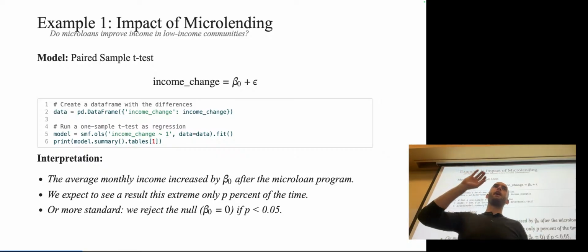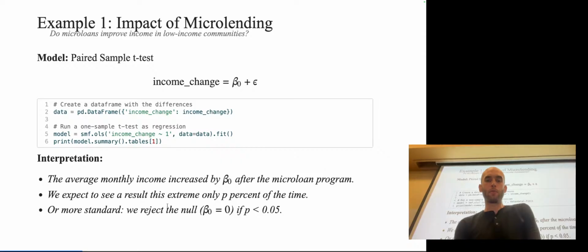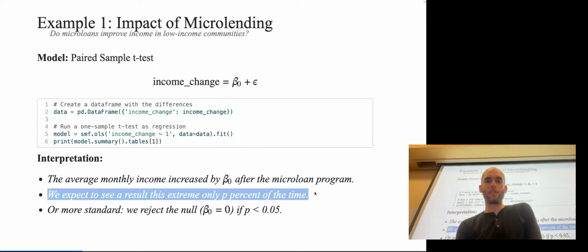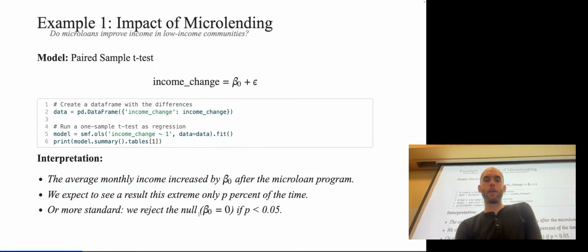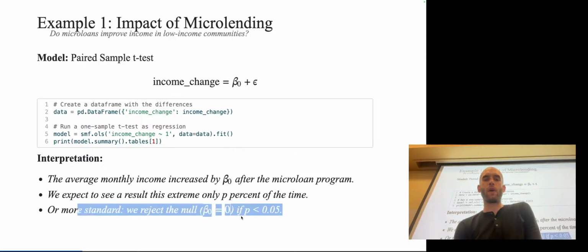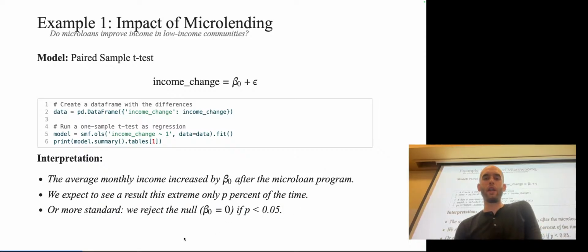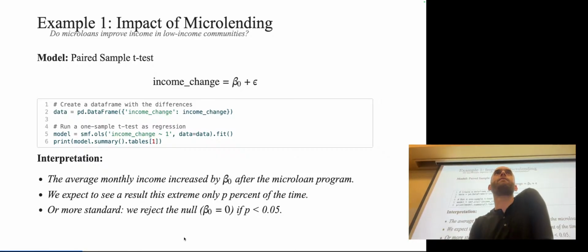This interpretation, as we've talked about a couple of times, has some problems with it broadly. So I prefer to talk about p-values in this more technically correct way. But this is the standard way we talk about them, so it's good to know that too. Okay, any questions here?